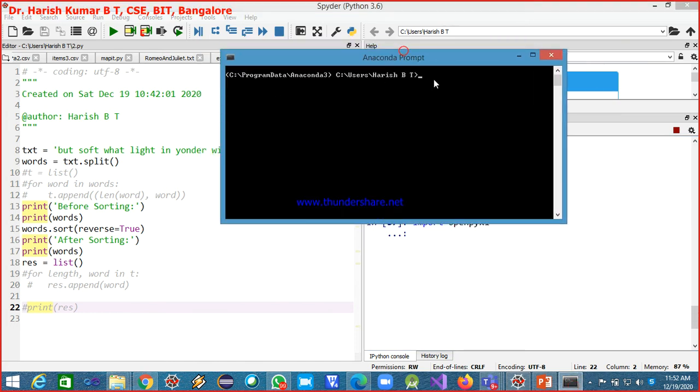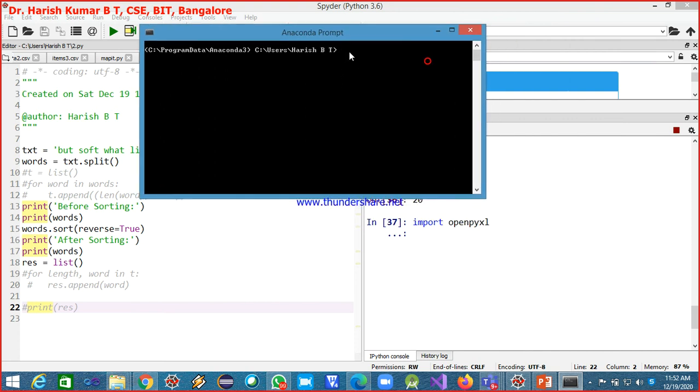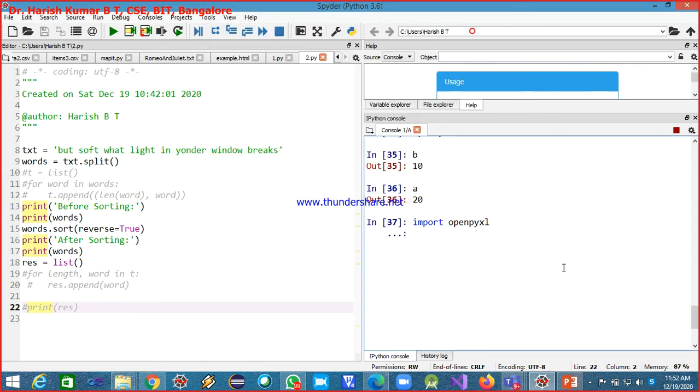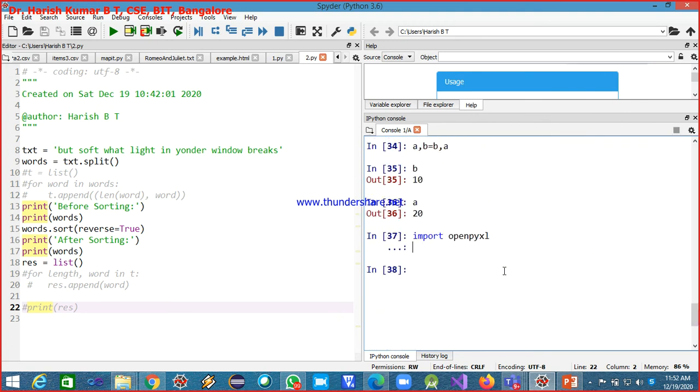Okay, see, the Anaconda prompt has opened. So here you got to run the command pip install openpyxl. It will download. Okay, now let me close this. Yeah, see, now it got imported. So I think it depends on the size of the module as well. Maybe this module is a little bigger, so it has taken so much time for importing. That means in my Python the openpyxl module is already available.